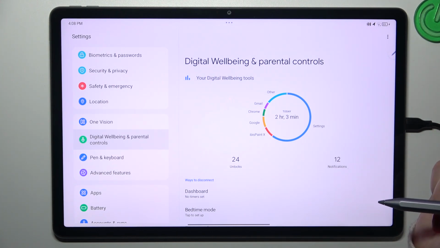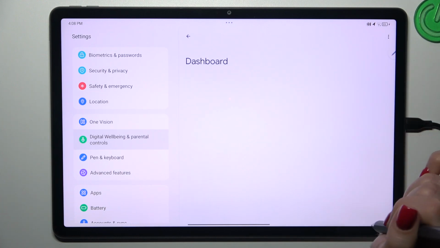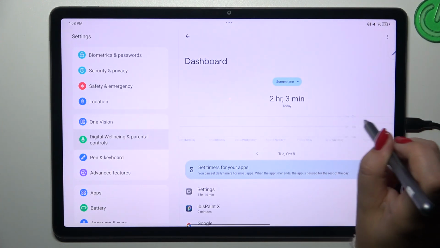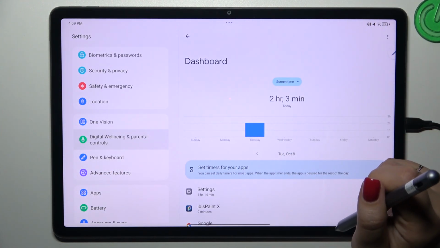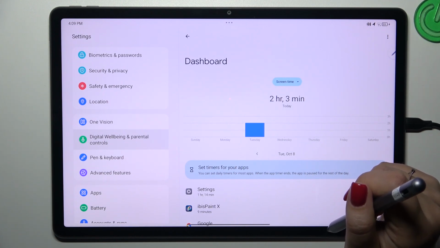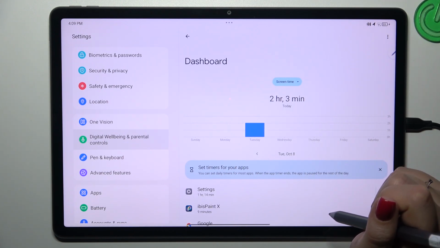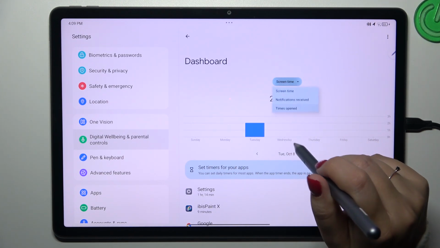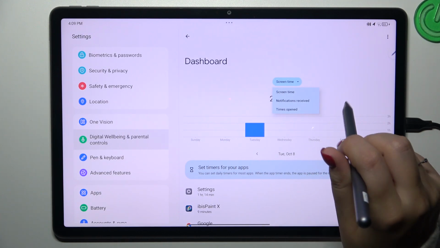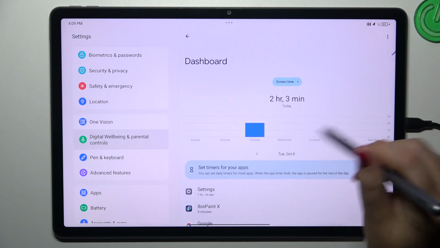So if you'd like to, you can check some further details just by tapping inside this graph, and you will be transferred to the dashboard where you can check the screen time in particular days of the week. You can compare them. You can also change the screen time to notifications received and times opened, and the second